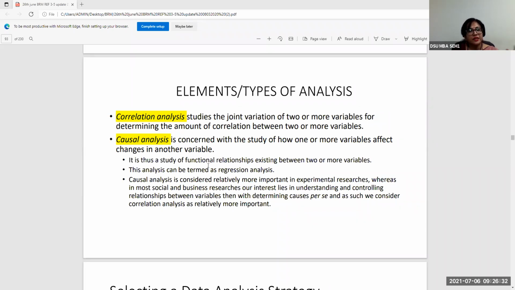So that is how the data collection perhaps could be done. So what are the primary methods of data collection? You have survey, observation, experiments, right? And any other qualitative method. So if you're not using a survey, but you are using an experiment to find out if something is affecting something or something is causing something, this cause and effect analysis can be understood in causal analysis. So it is a study of functional relationships between two or more variables.